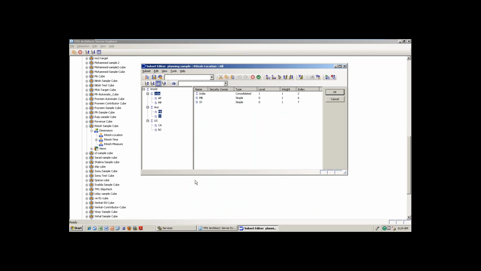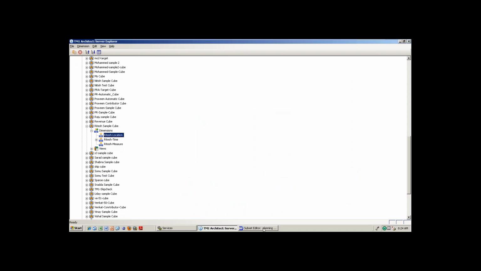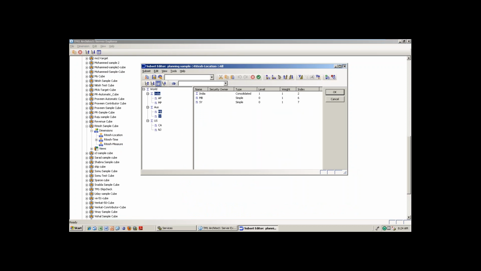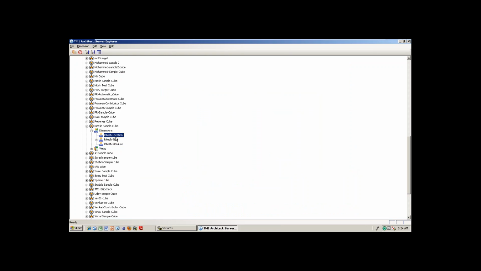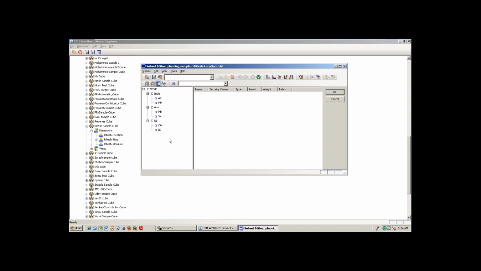Okay. See this one. What I'm discussing here is, you go to each dimension, right click or double click here, and you are entering into a particular dimension. Here there are different options available for each dimension. So we will complete the dimension properties quickly, one by one.